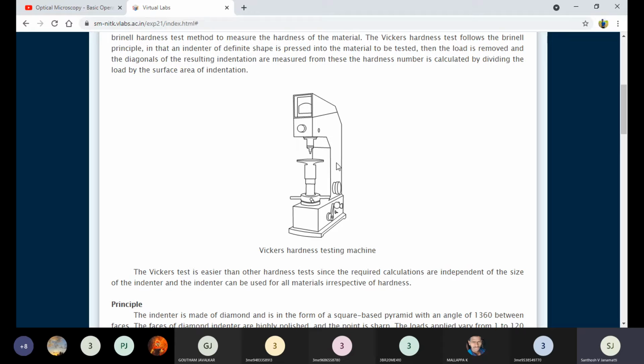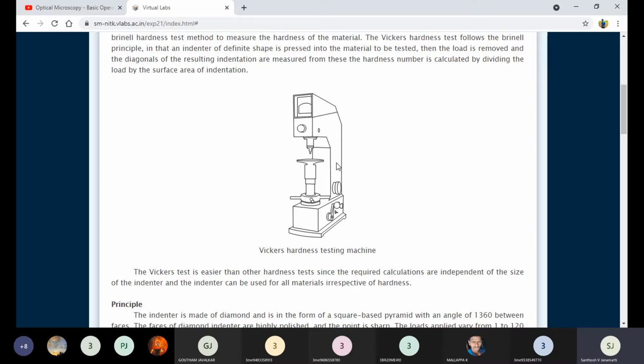Sometimes we can perform the Brinell test on the Rockwell machine, but we need to take an electronic microscope separately, or sometimes the electronic microscope is built into the head of the machine. That type of machine is also available. If you have a Vickers machine, that is enough for conducting the Brinell test also, but we need a separate microscope,